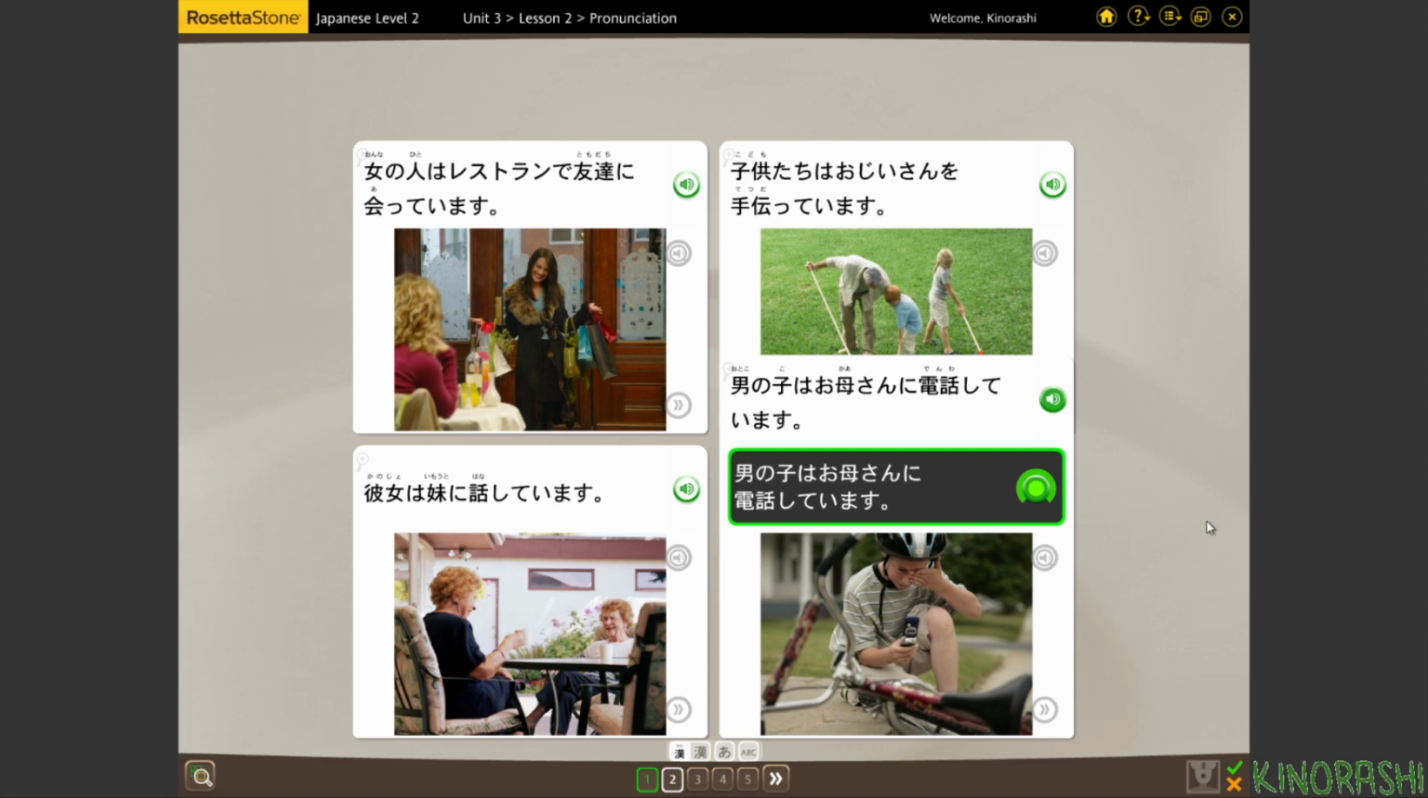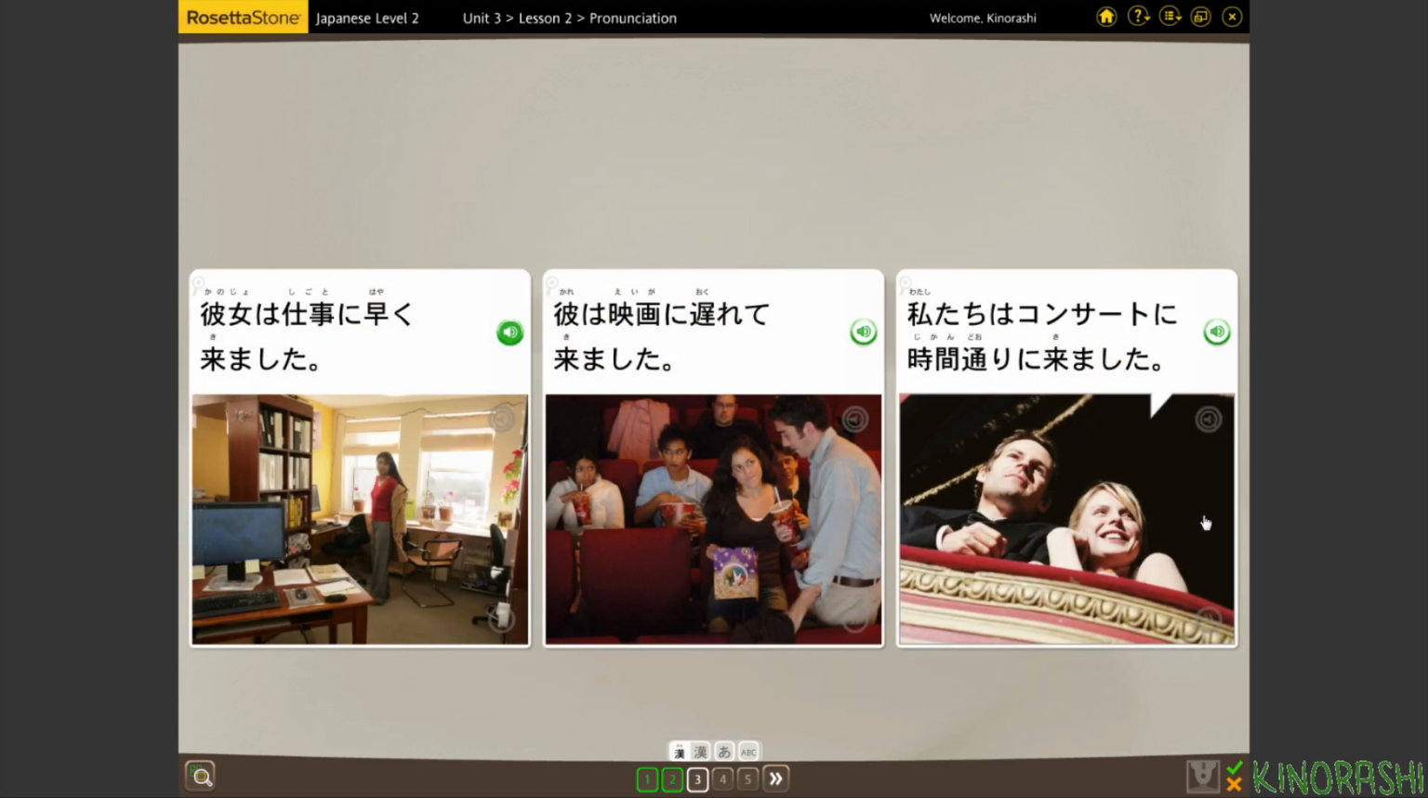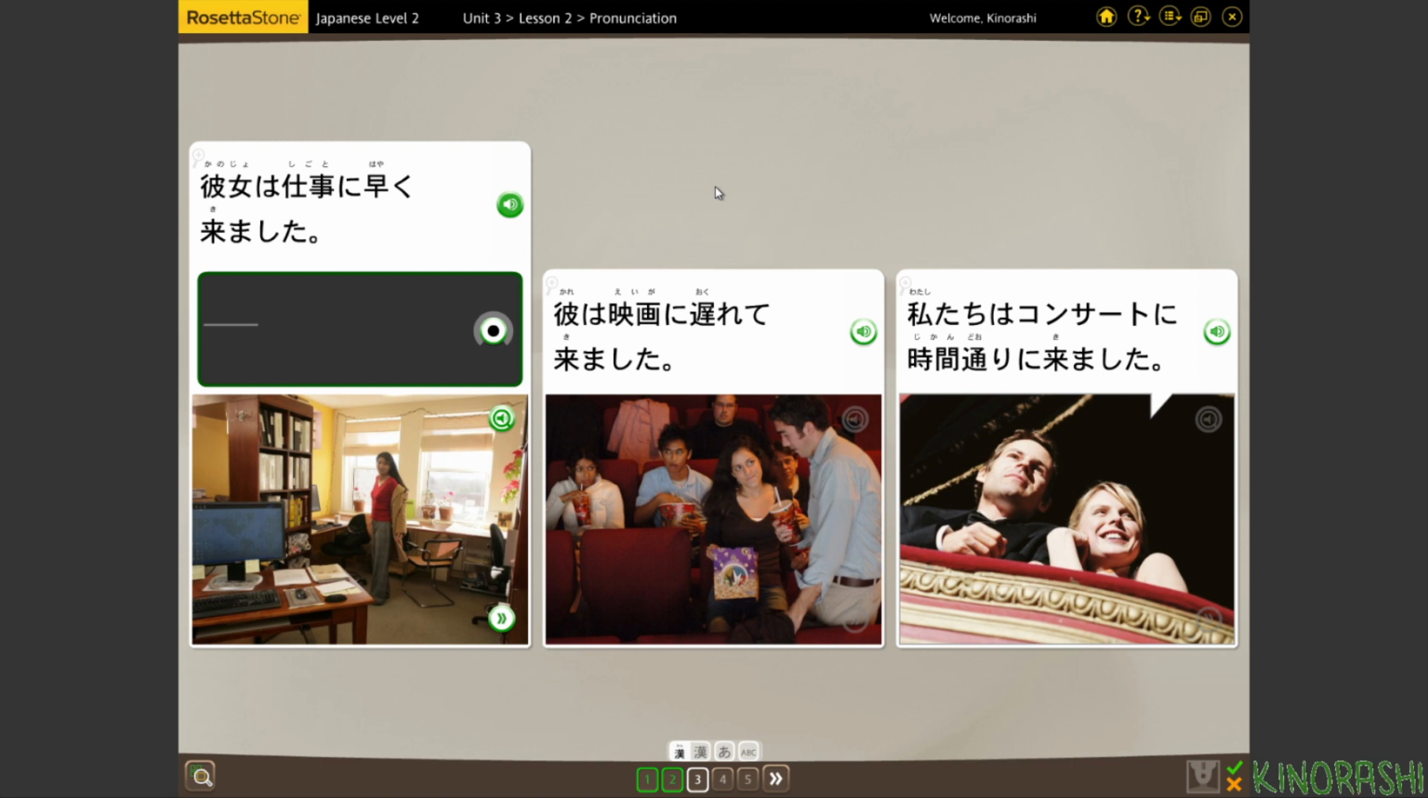男の子はお母さんに電話しています。彼女は仕事に早く来ました。彼女は仕事に早く来ました。彼女は仕事に早く来ました。彼女は仕事に早く来ました。彼女は仕事に早く来ました。彼女は仕事に早く来ました。彼女は仕事に早く来ました。